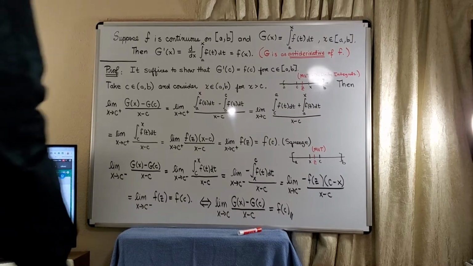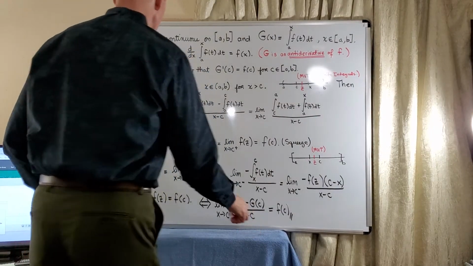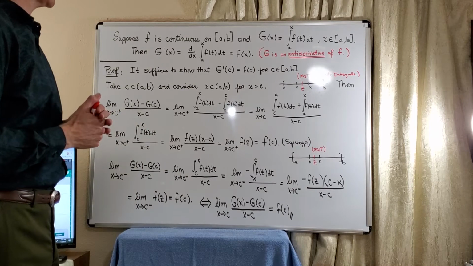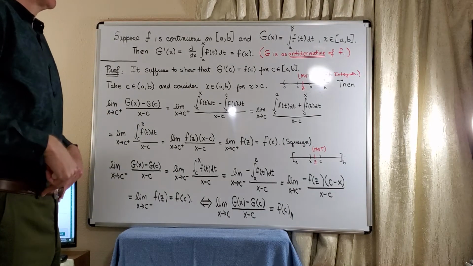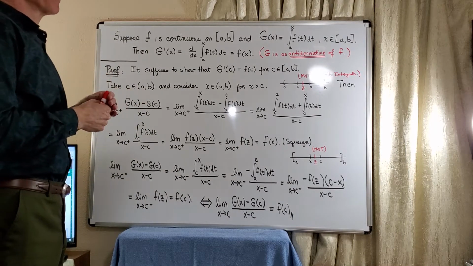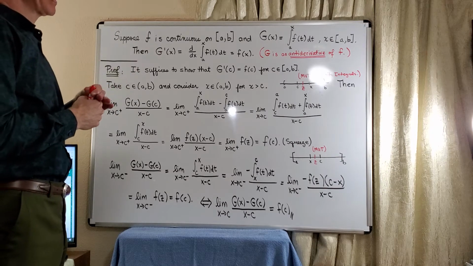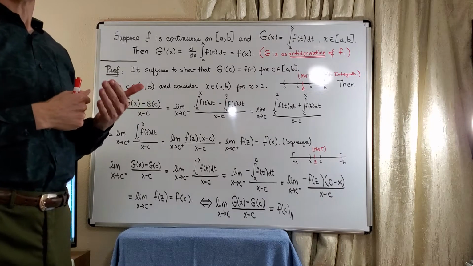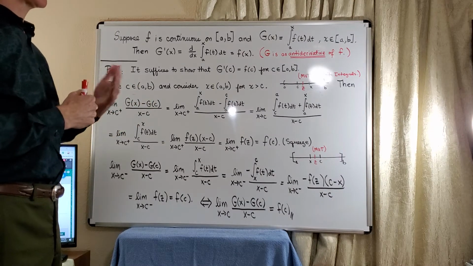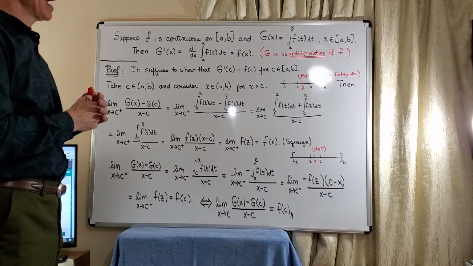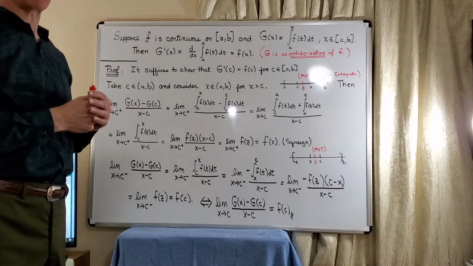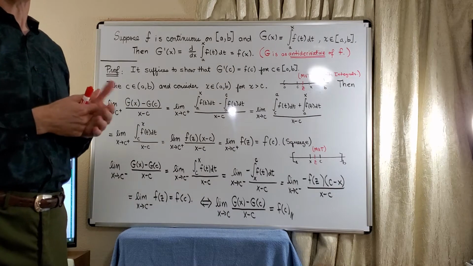Let's look at a very important result from integral calculus. It's basically the differentiation theorem. And there are two parts to the fundamental theorem of calculus. There is the differentiation theorem, and there is the process of computing a definite integral. So I like to do this in two parts. And you'll find this proof in your notes, but I think it's important that we have a video to go